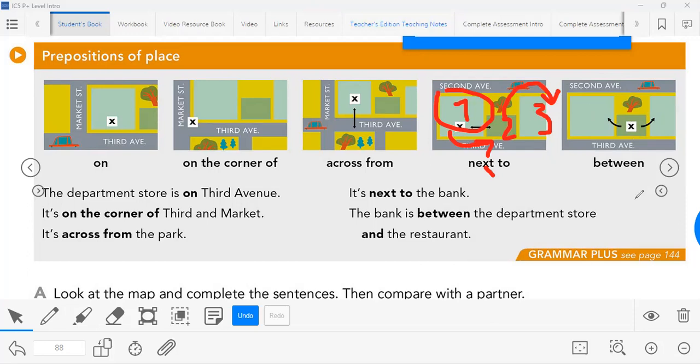On the other hand, we have between. Between means in the middle. You see, between, in the middle. So it means that I need one on this side and another on the other side. Okay? So we need two, right? To be between, we need two. Can I be between with just one, correct? Yes. Yeah, because I need two. I can't be between anybody if it's just someone else.